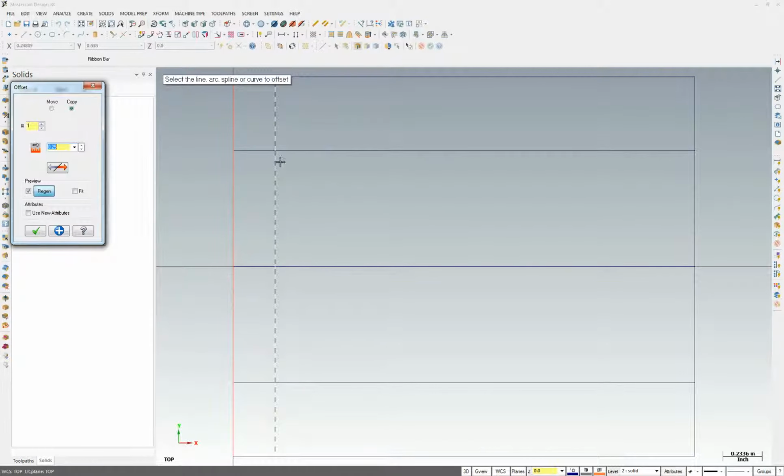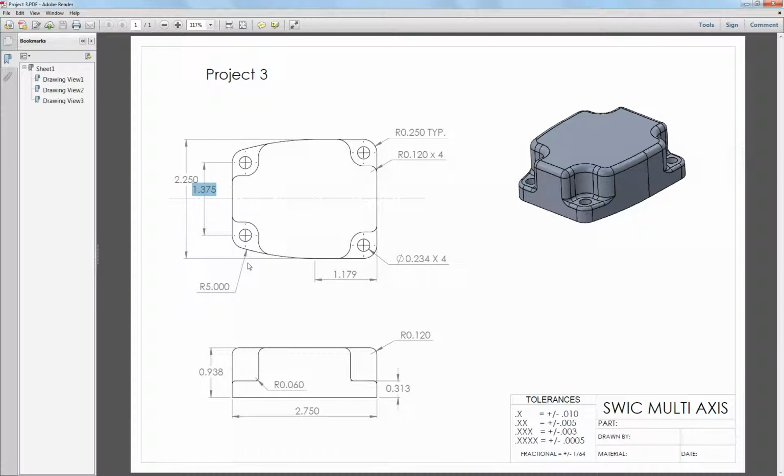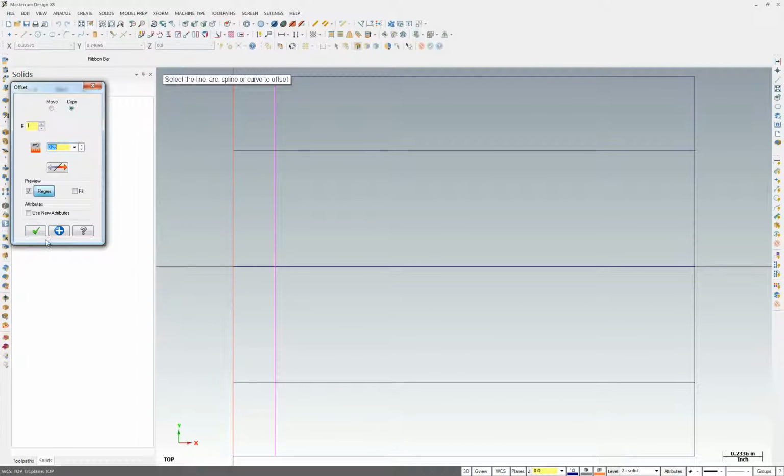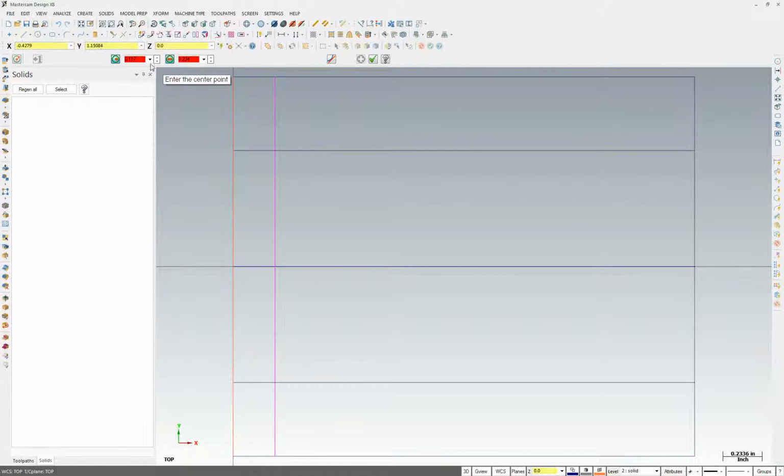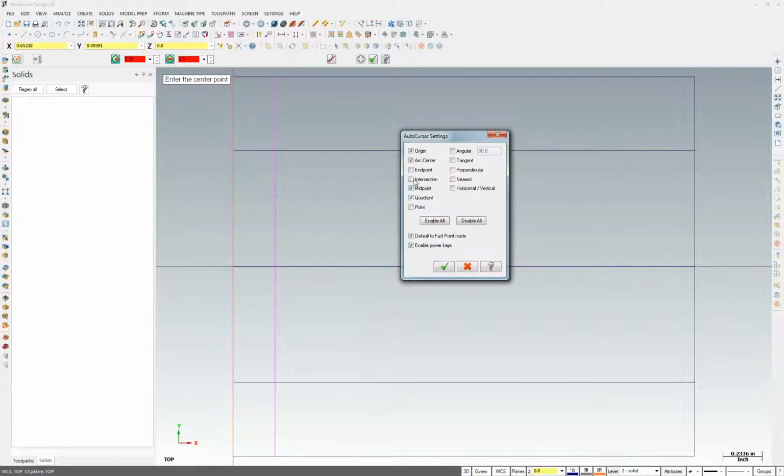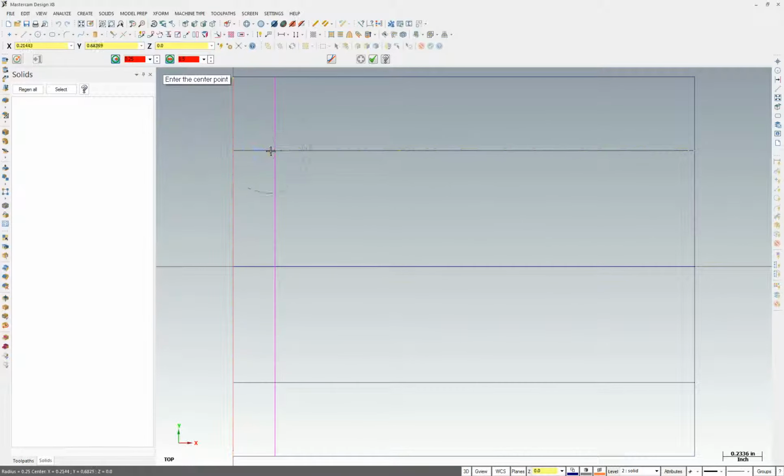So next we're going to go ahead and draw our circles here, because we'll need a circle drawn here in order to do this large radius. So we'll prove that. We're going to come to our circles here, and we need to lock in our radius of 0.25. So we'll put 0.25 and click on this until it turns red, and we need auto cursor of intersection in order to snap it to where those two lines intersect. Okay,